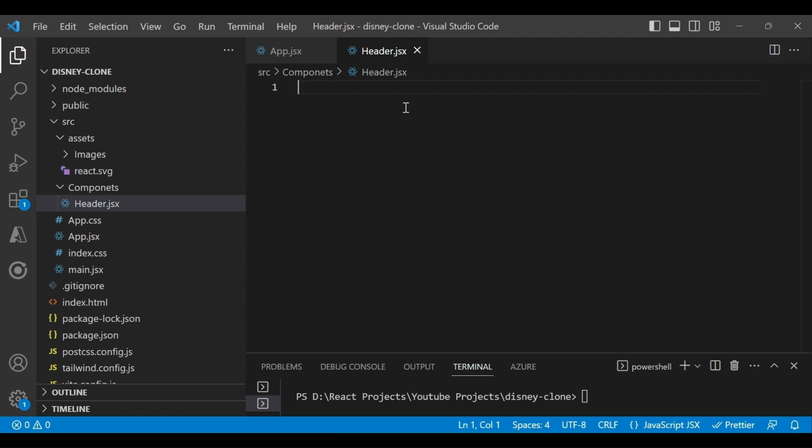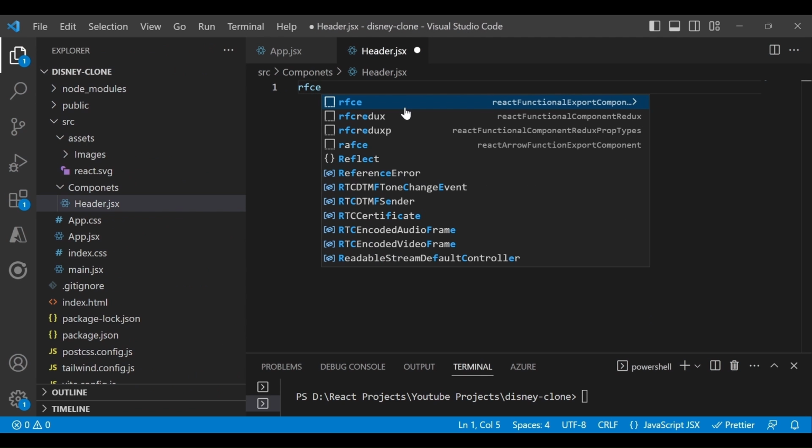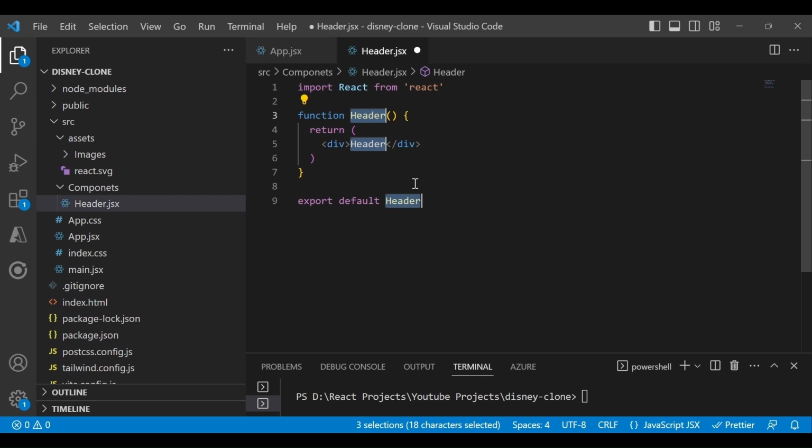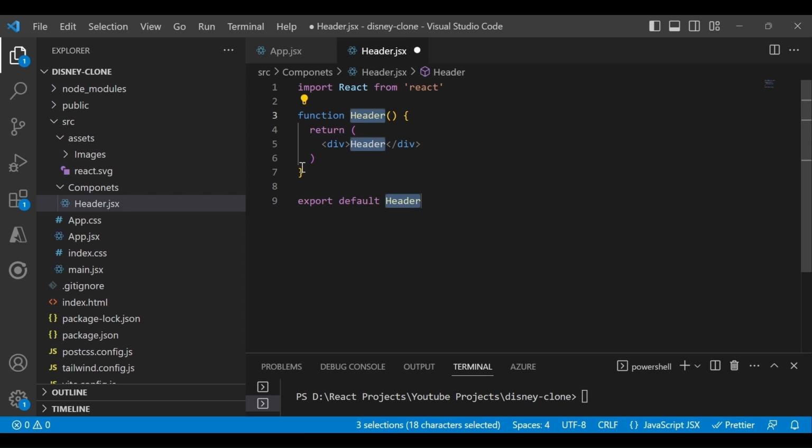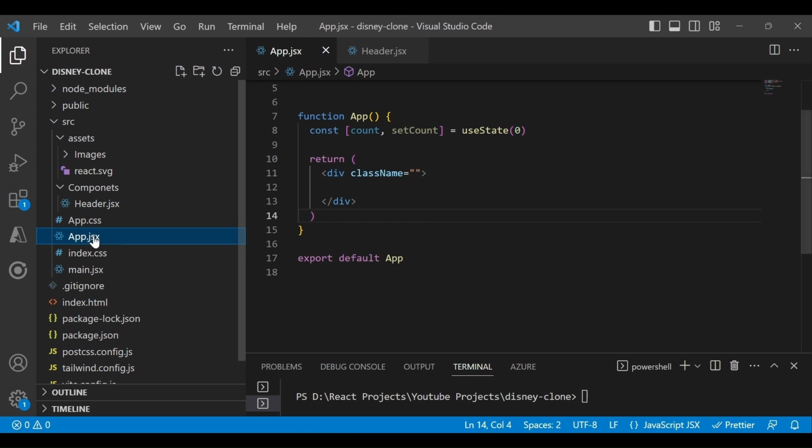In this case, if I type RFC, you will get the suggestion like this, and click enter, you will see the default template is created. So make sure before writing any code, just install this VS Code extension, which is quite helpful while you are writing code. Once you have the default template and default header component, just save this one and go to the app.jsx